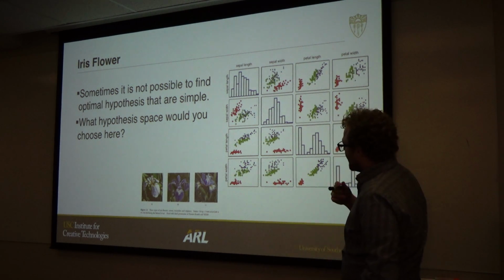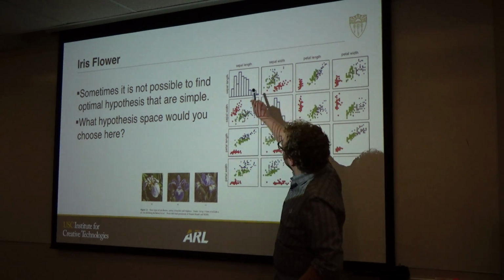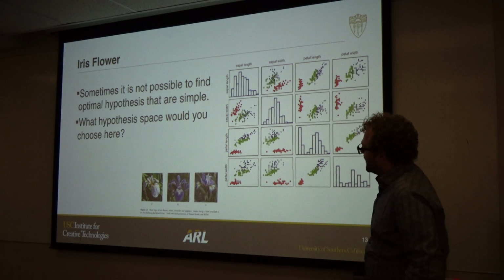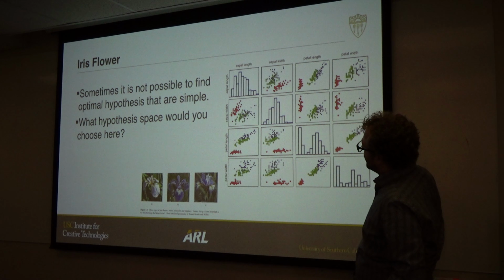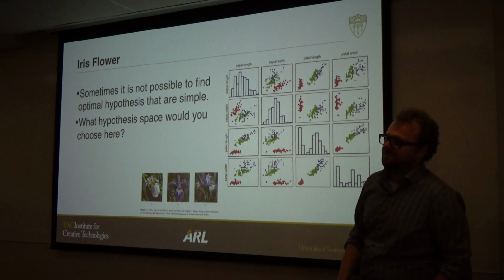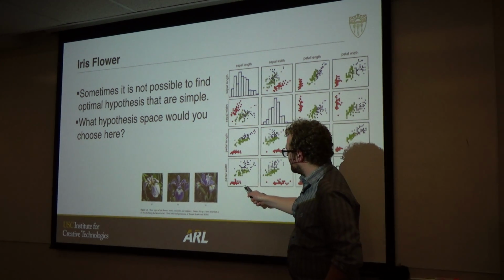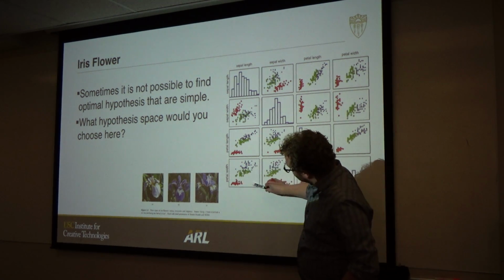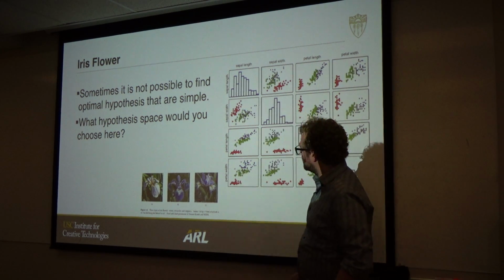So if we choose petal width and sepal length in this example, what could be our hypothesis space? In this case, we want to classify the red ones. We could make a circle. I saw a gesture back there. We could also, in this case, make a line through here. That'd be nice. We can again make a square.